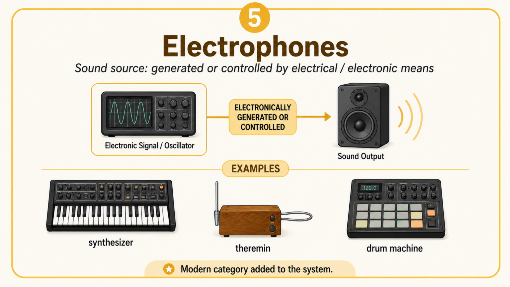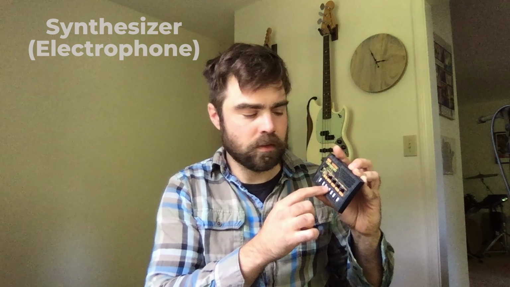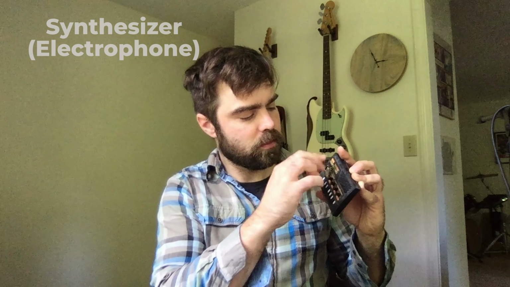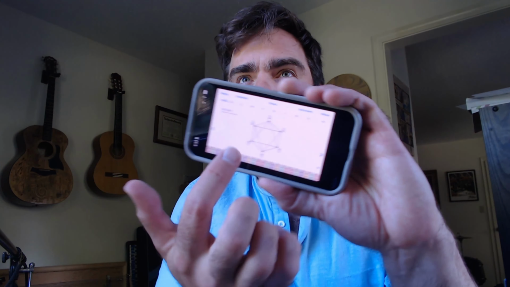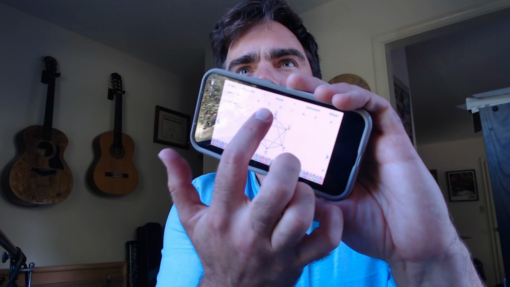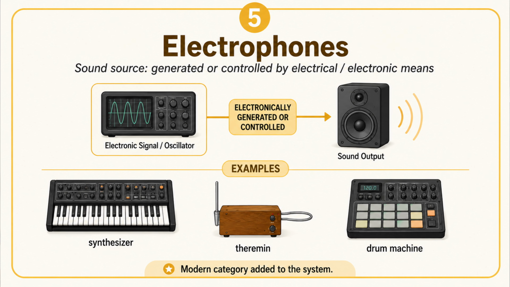And last we get to electrophones. So that's anything that creates sound electrically. So that could be an analog or digital synthesizer. Any phone app like this Wilsonic app. That's an electrophone. Anything that has an oscillator or some kind of mechanical